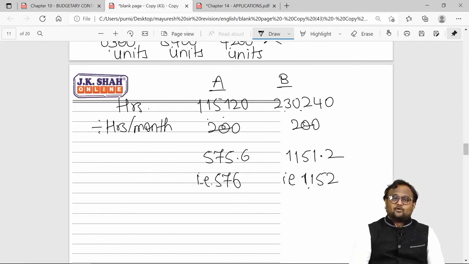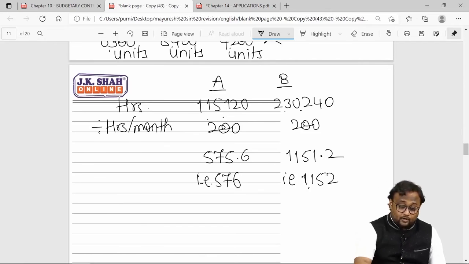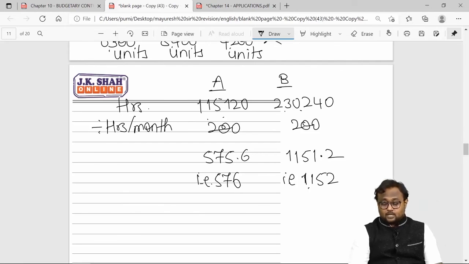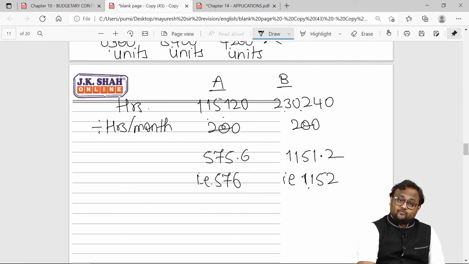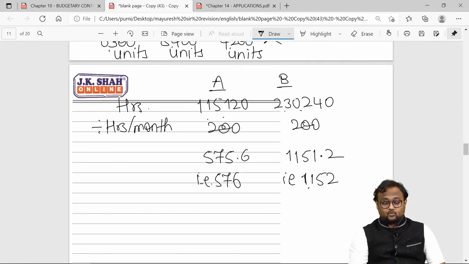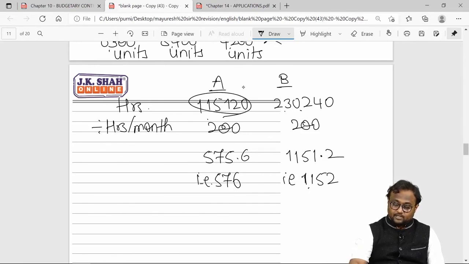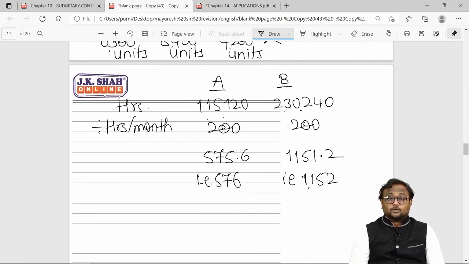Don't apply your mathematical rounding off knowledge here. There will be a problem. Because if you apply mathematical logic, you will have 1151 workers, each one will work for 200 hours. If you hire 1151 workers, each one will work for 200 hours, and at the most you will be able to complete 2,30,200 hours of work. So what about the balance 40 hours? You want me to go or what? You understood what I'm talking about? You want so many hours to be executed to complete the required production. So you have to go to the higher side and book